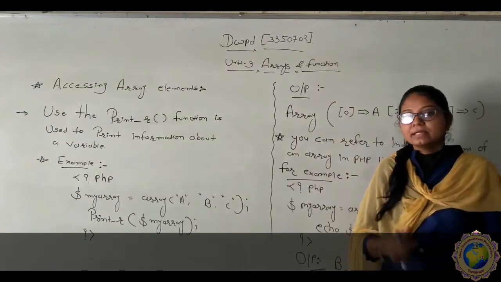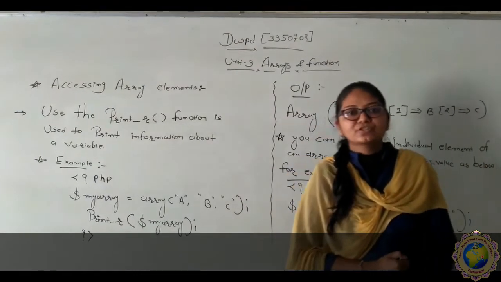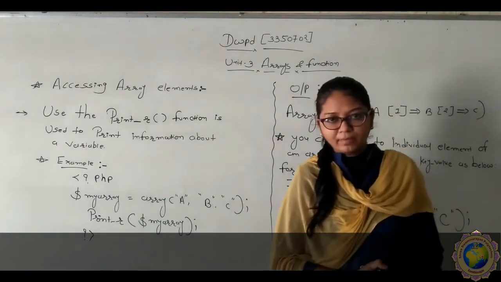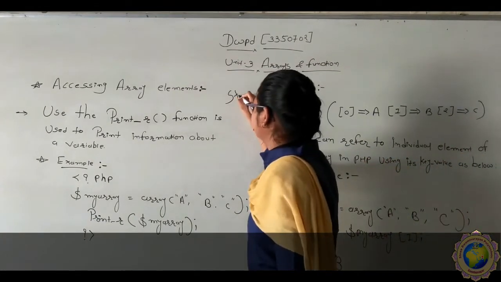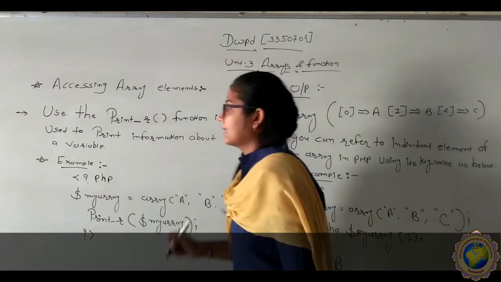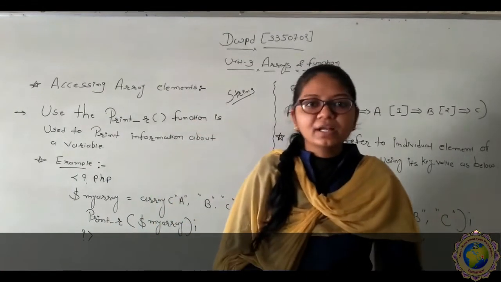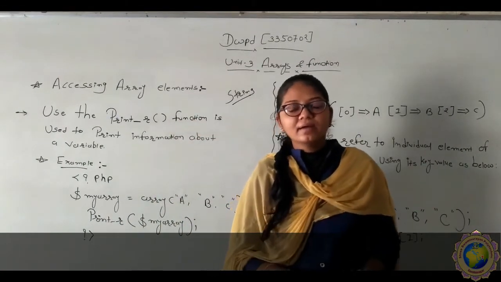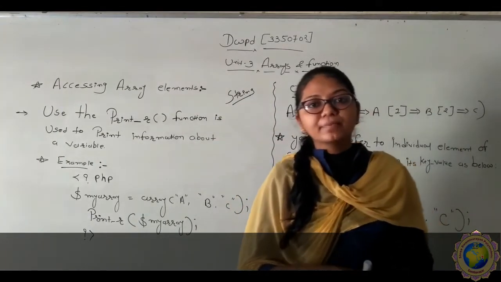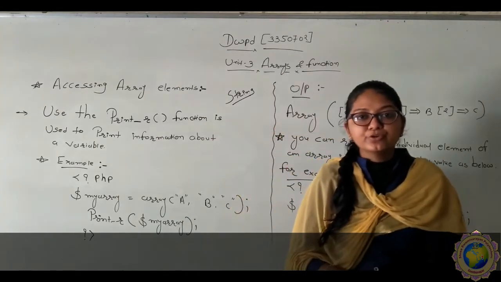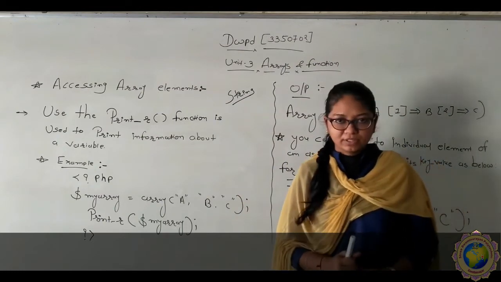The second type is the associative array. What does an associative array provide? Associative array defines the name of the variable, given as a string. So this is the second type of array. And third, the multidimensional array. A multidimensional array provides nesting, meaning one statement using another statement. So we can use one array, or more than one array, within one array, so it is known as a multidimensional array.